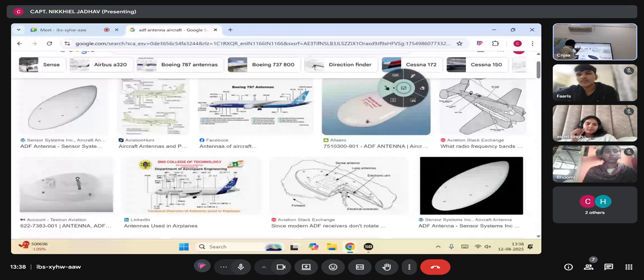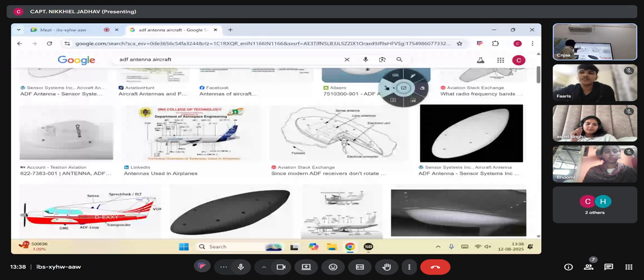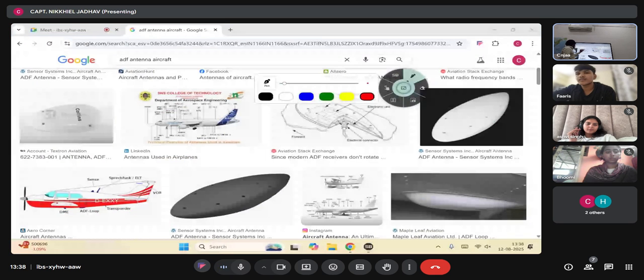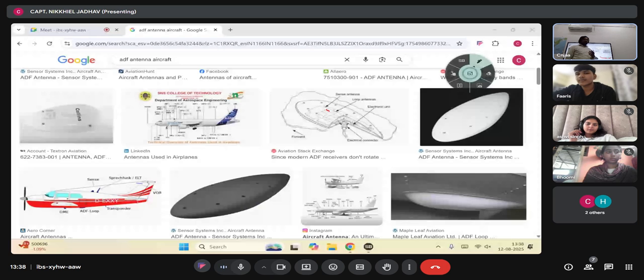It will have loop antennas and sense antennas surrounding it, and it will have electrical connections and all that. That's how it basically looks, just for your idea. Now, to understand the basic working,